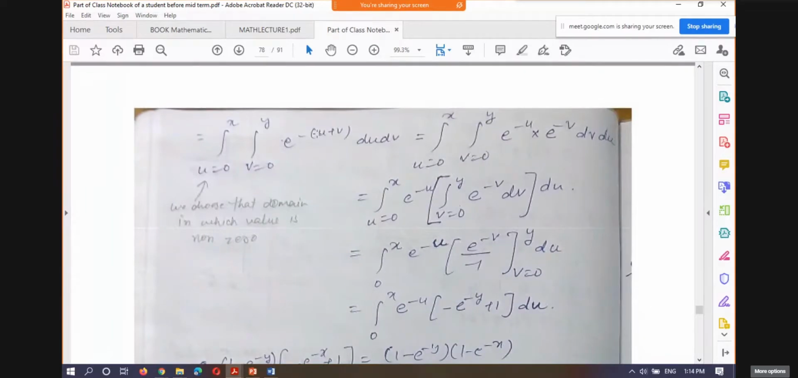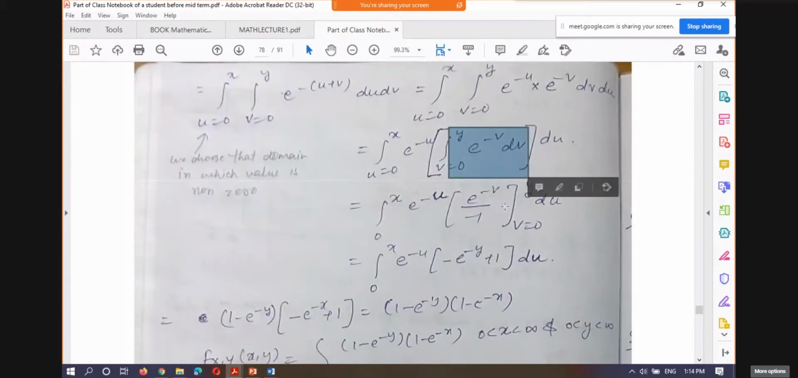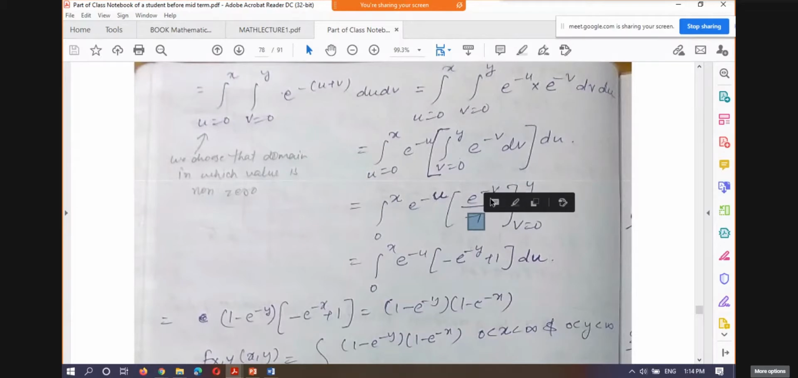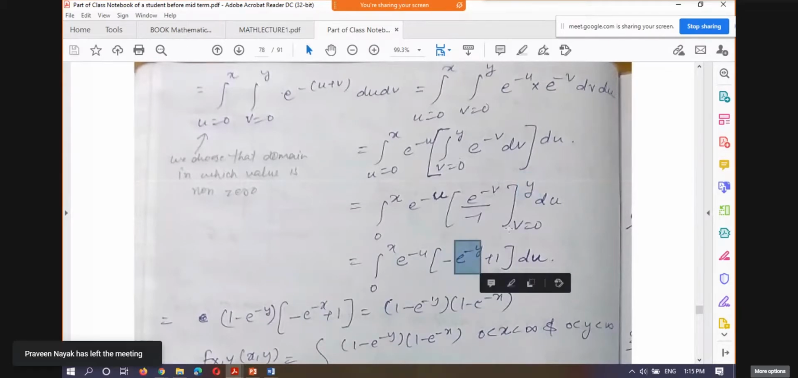Then we can write this as e^(-u) into e^(-v). Integrating with respect to v, we know that it is e^(-v) upon minus 1, with the limits of integration 0 to y. When you substitute, for y you will get e^(-y), minus, and for 0 you will get plus 1. So you get 1 minus e^(-y), and then this is actually